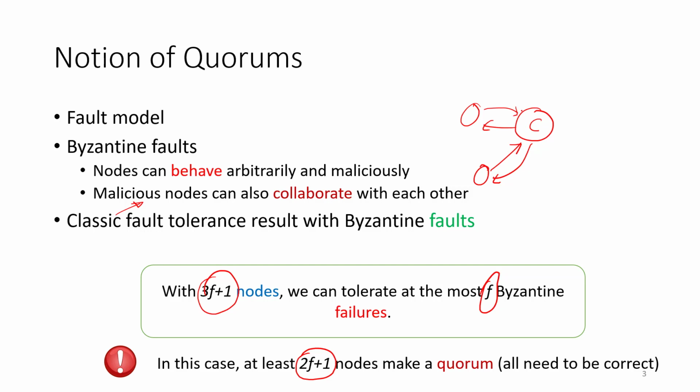So what is a quorum in this case? A quorum is a set of nodes who have to accept your write and who provide you the value of a read. Of course they may collaborate among each other to provide you the value of a read, but at least if they are correct, you know that the entire system is correct. In the case of classical Byzantine fault tolerance, 2f plus 1 nodes is the minimum that you should have for a quorum size to ensure you are getting the correct answer back.